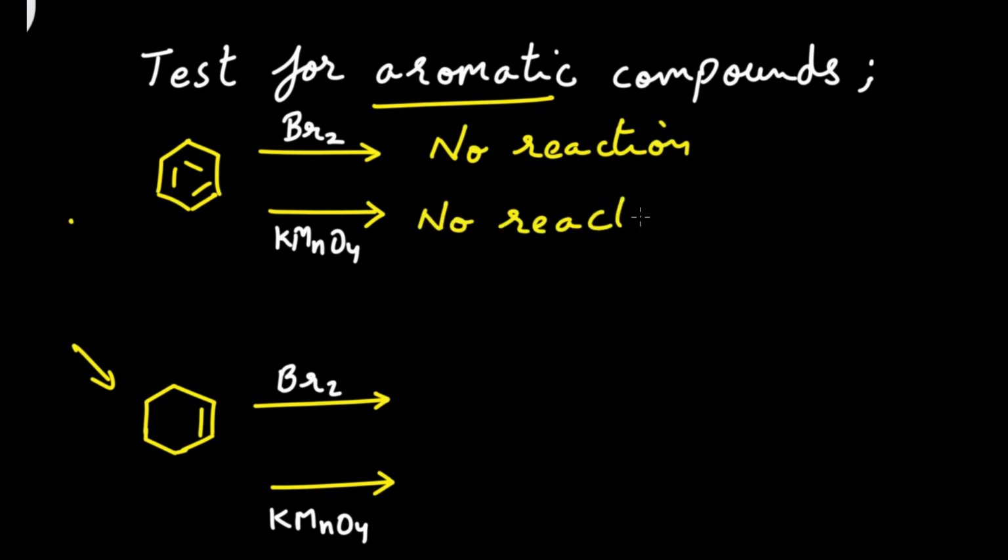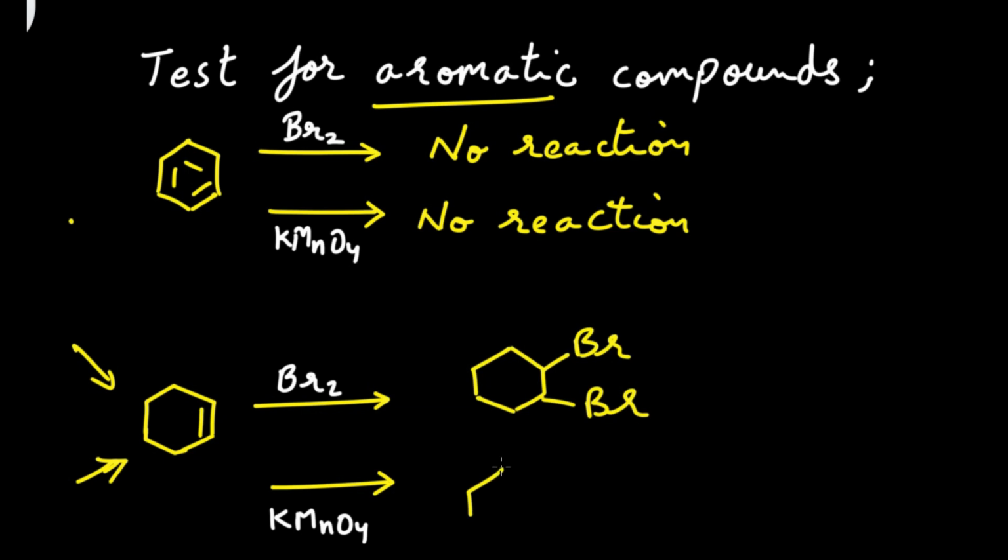Right? But when any other unsaturated compound like this cyclohexene is treated with bromine or KMnO4, it will decolorize bromine and KMnO4 because it will form compounds like this. This is dibromo. It will form a dibromo compound, and with KMnO4 it will form